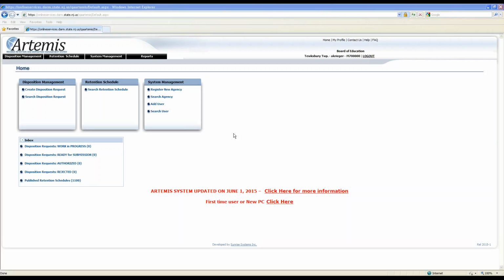I have a question from Kathleen. It says, what if we have about 100 student records? Do we list them one at a time? No. If the record series number is for student records, and you have 100 different student records, you only put the record series one time, okay, and you put the date range that those records apply to. Maybe it's 10 years' worth of student records. So you would just put the date range for the 10 years in. And then for your volume, however much volume that record takes up, you would choose that volume. But no, you do not have to list each student record as a separate line item. You just put one line item and you say, we're requesting for student records to be disposed of.